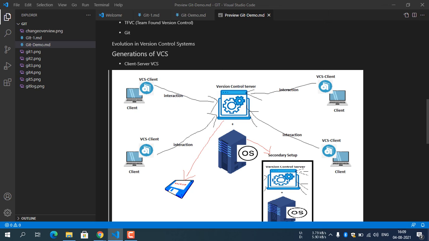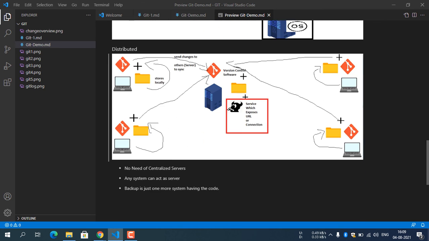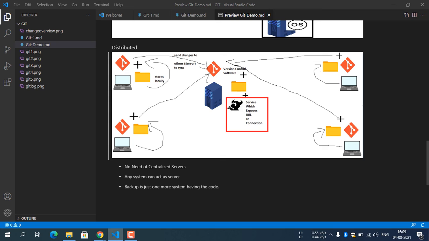So they need to connect whenever they want to submit changes. Whenever you want to take some changes, you need to connect to this central server. But coming to distributed, they do not need to connect to this server.